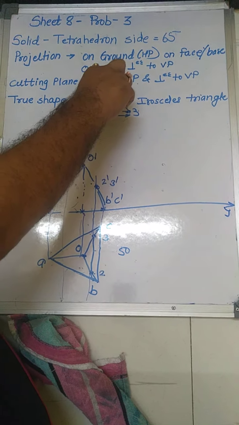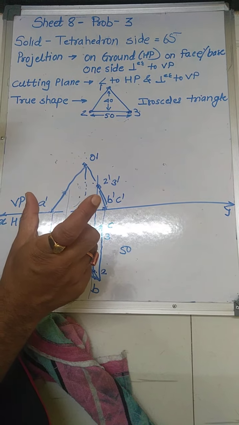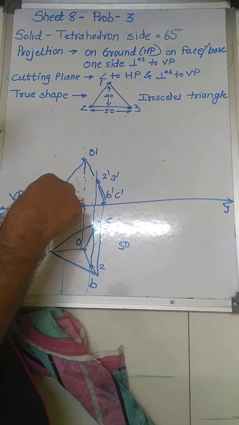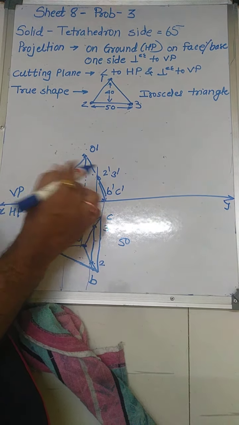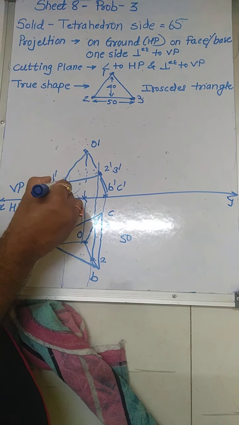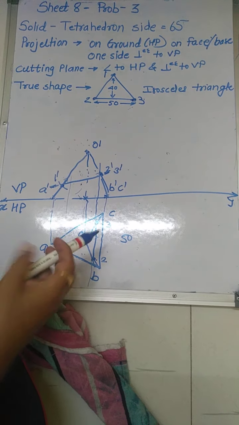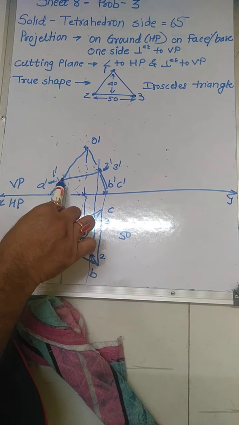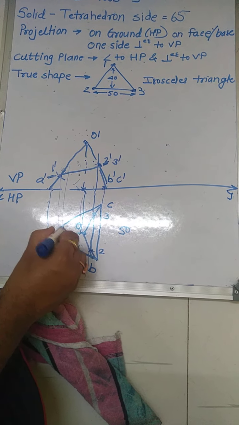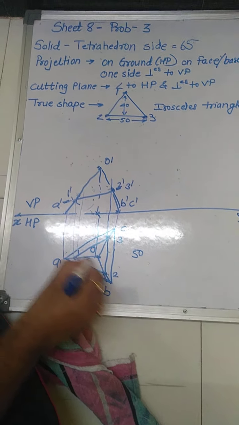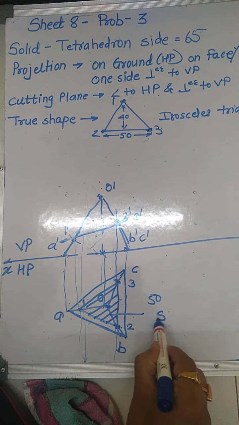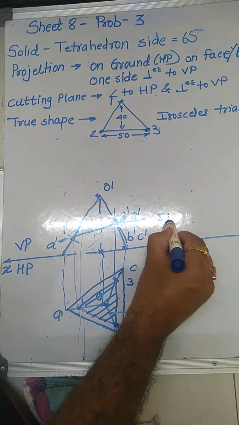Now altitude is 40 mm. So take 40 mm distance in your compass, and from here you will have to cut the arc over O dash A dash, so that you will get the altitude. So cut the arc here. Here you will get the 1 dash, and this is the position of cutting. Now 1 dash is on O dash A dash, so project it here. So mark it on OA. So this is 1. Now join this and you can draw the section plane here. So this is the sectional top view, this is the sectional front view.